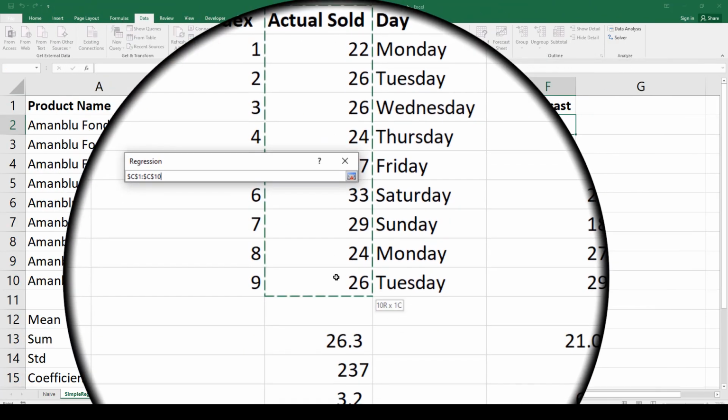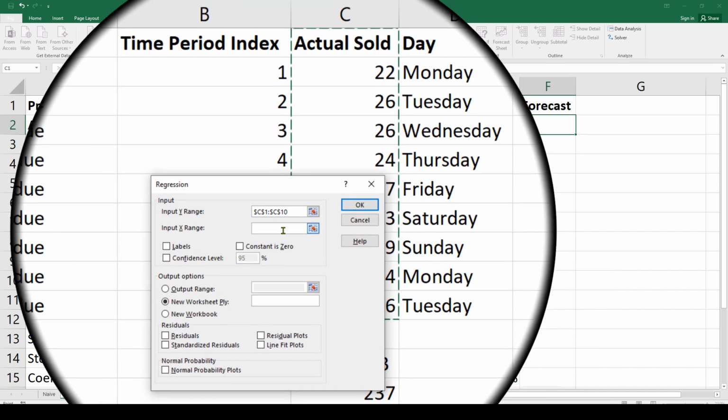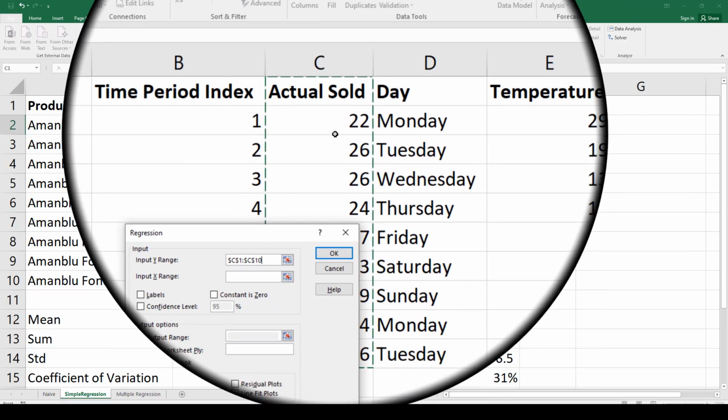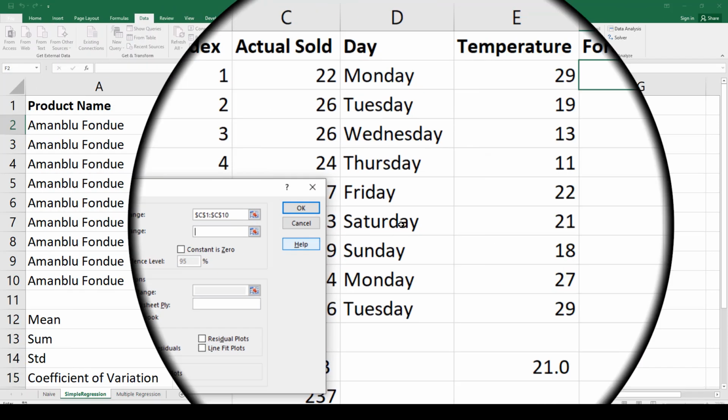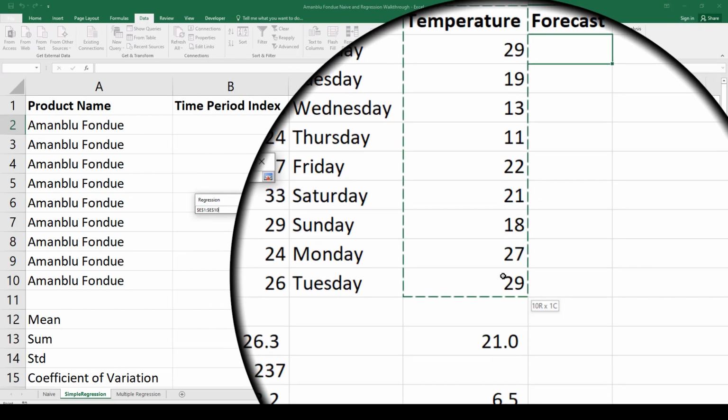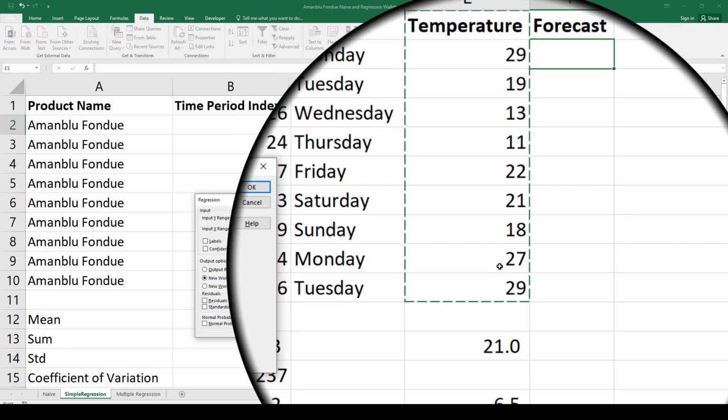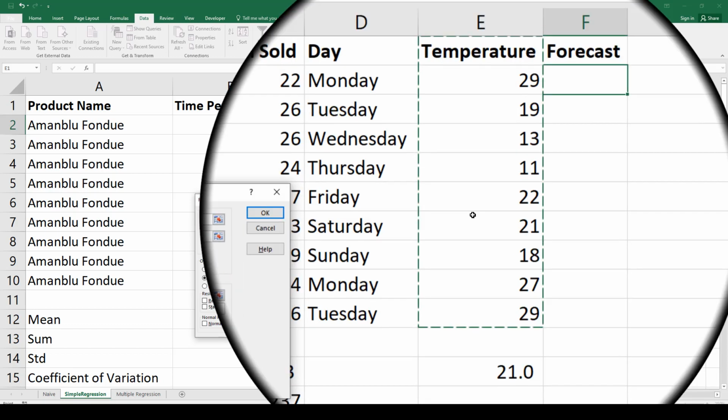So in this case, we want to predict the sold, so we know how many we can expect to sell. Now I chose to put the header in here, and it's very important that we click on labels next. Now I'm going to grab temperature because my hypothesis is that there's a relationship between quantity sold and temperature that day. For example, fondue is a hot food, so maybe more people come in from the bitter cold of Minnesota